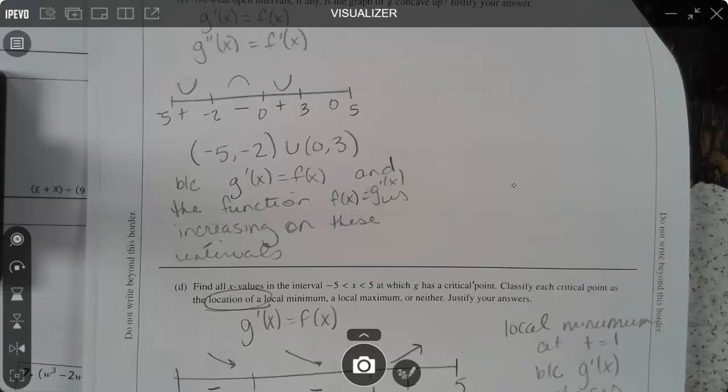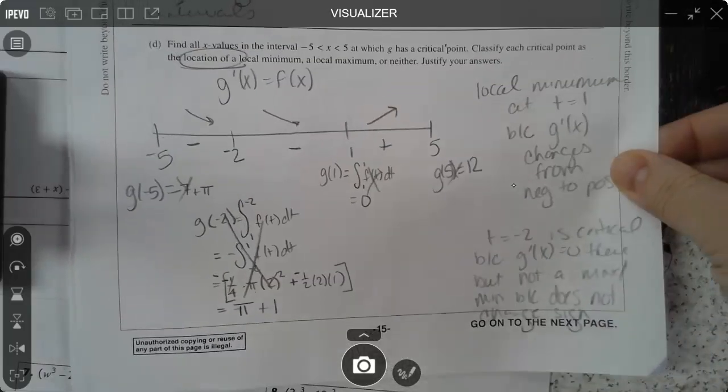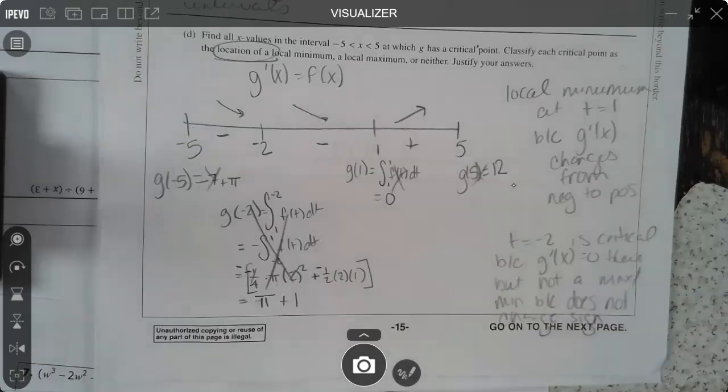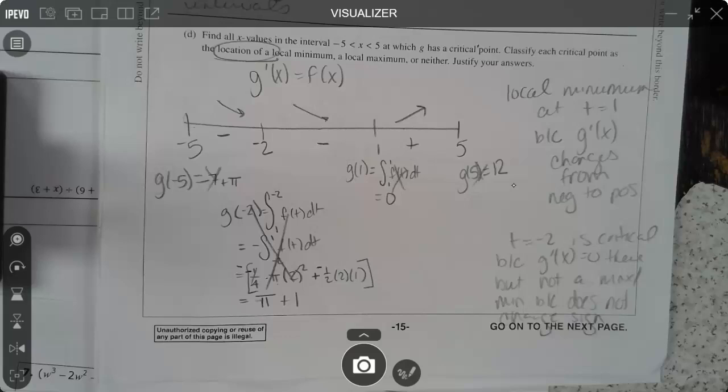Part D, I did way too much. By the way, I X'd out. If you cross anything out, they don't score it. They don't even look at it. So feel free to cross anything out. As you can see, I thought this was an EVT question. I did not read through it carefully enough. EVT would be that bracket with parentheses. I thought I had to test the endpoints as well. I did not because they weren't asking for absolutes. They were just asking for,